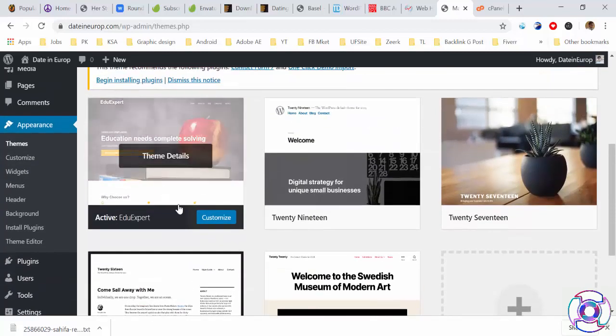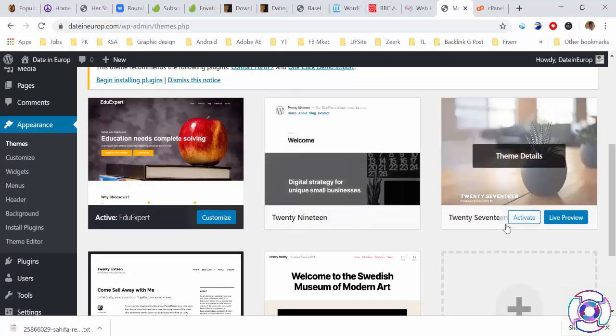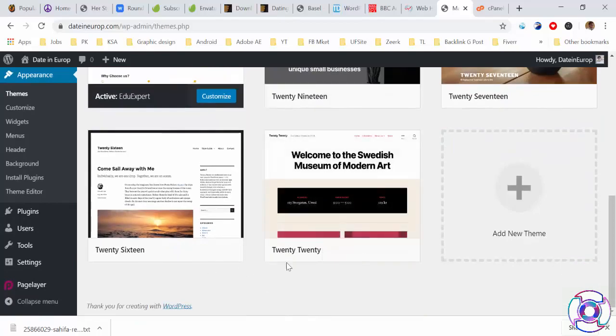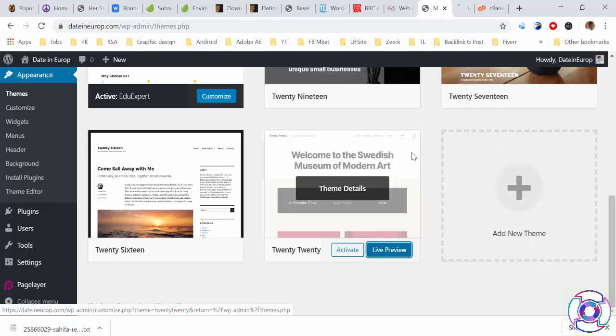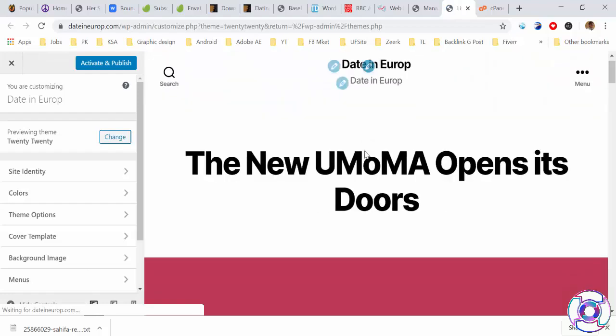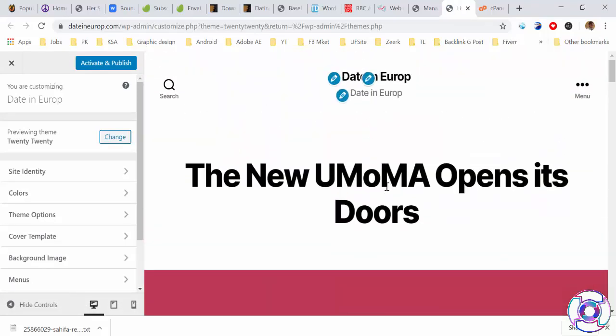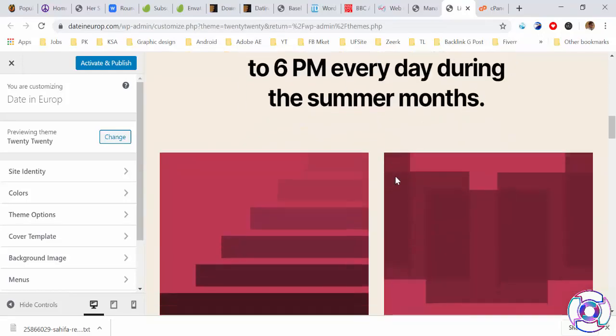You can see here free themes already available: 2019, 2017, 2016 and 2020. If you want to preview, live preview, you can choose here. Any theme you need for your site, if you think this is best for your site, you can choose. You see that in Europe they already put my name logo by default.